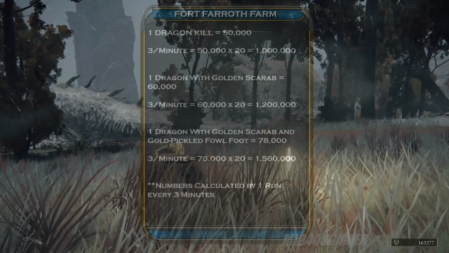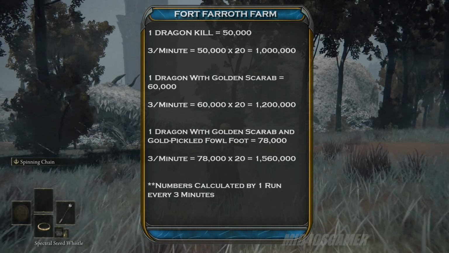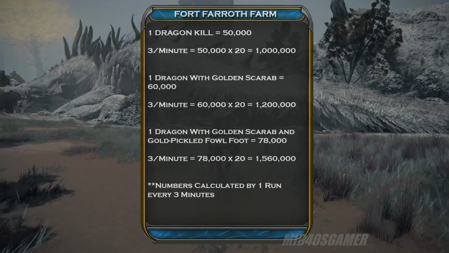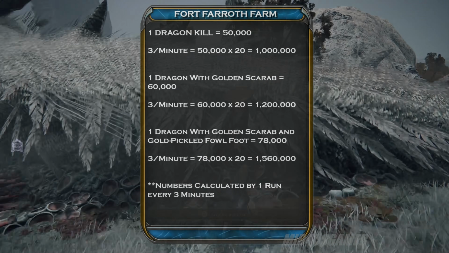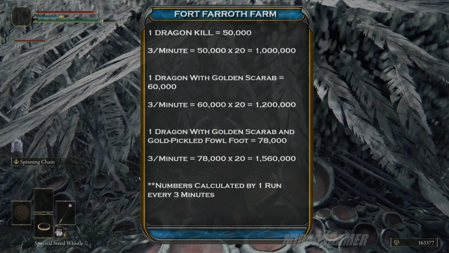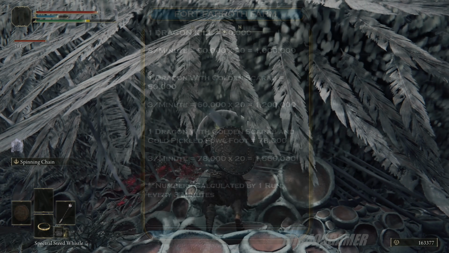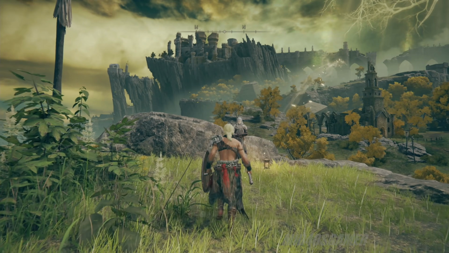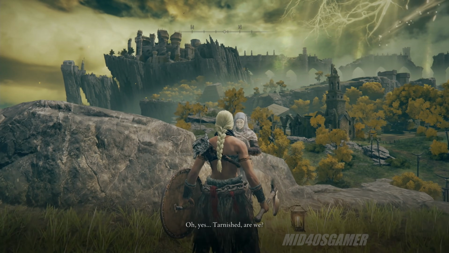If you're dialed in and eating your pickled foulfoot in a timely manner, you can expect each kill to net you 78,000 runes with the golden scarab and the pickled foulfoot running concurrently. Since it takes around 3 minutes per kill with hemorrhage on your side, you can expect about 1.5 million runes per hour. After you've exhausted your patience and levels start to slow down a bit exploiting the dragon,